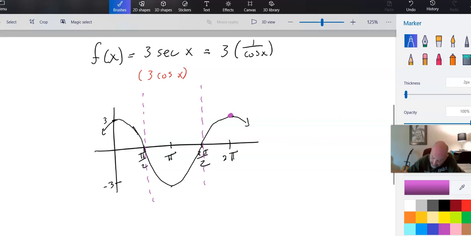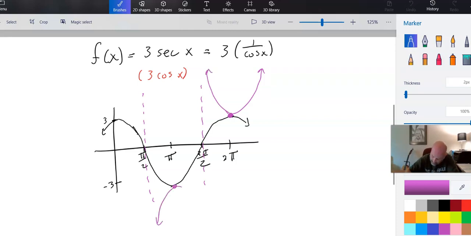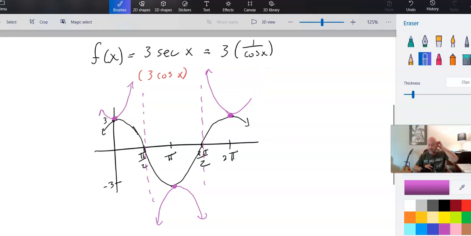So there's a peak, and that becomes a trough, right? This thing's going to do this. Well, it'll do it, except it'll be a smooth line. There we go. And the same thing down here. Same thing up here. Right? So it should look something like this. And then the final graph,